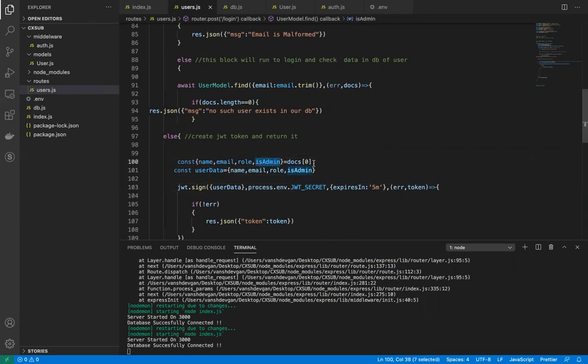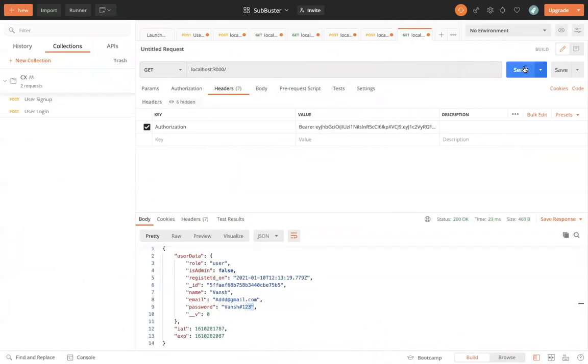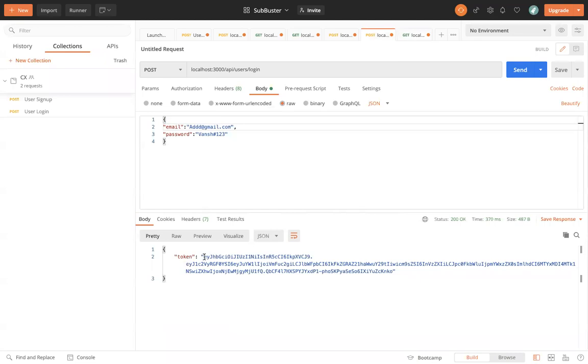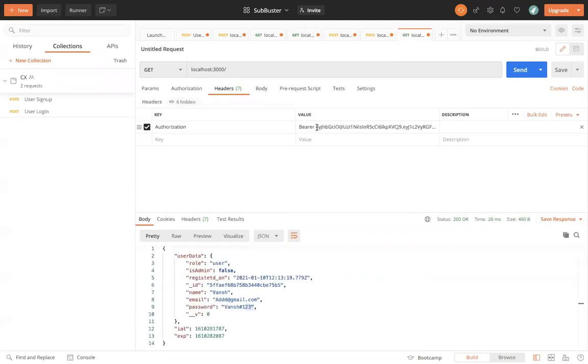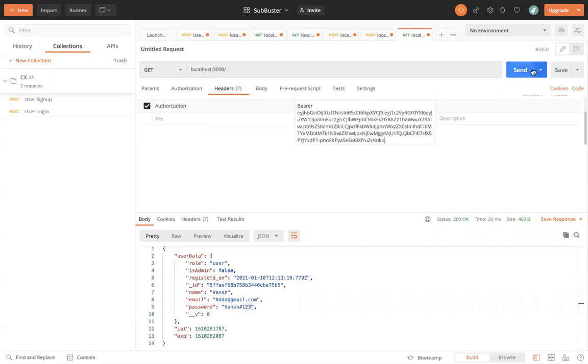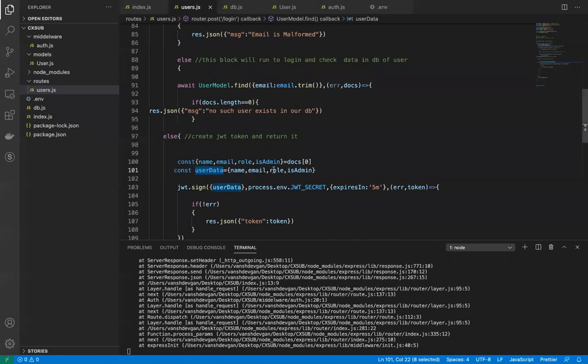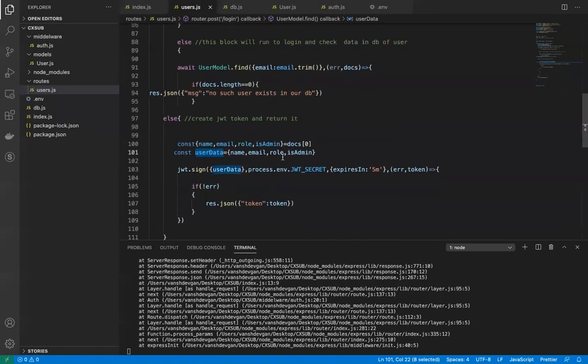We extracted these fields from docs[0], passed them to userData, and now we obtain the token again from here. It is pretty much shorter now, and if we supply this token over here, you can see we have some limited values and we got rid of the password and created a custom payload. That's fine.